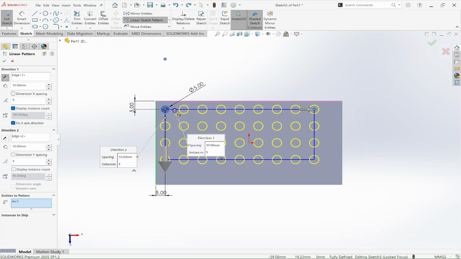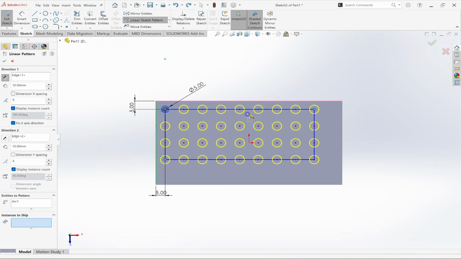So if I want this for the first 4 and not this 5, and after this I want this 4. So in the below tab you have this instances to skip. Select this instances to skip, left click on it and select those instances that you don't want. So I don't want this, I don't want this, I don't want this, also this and this, and then select